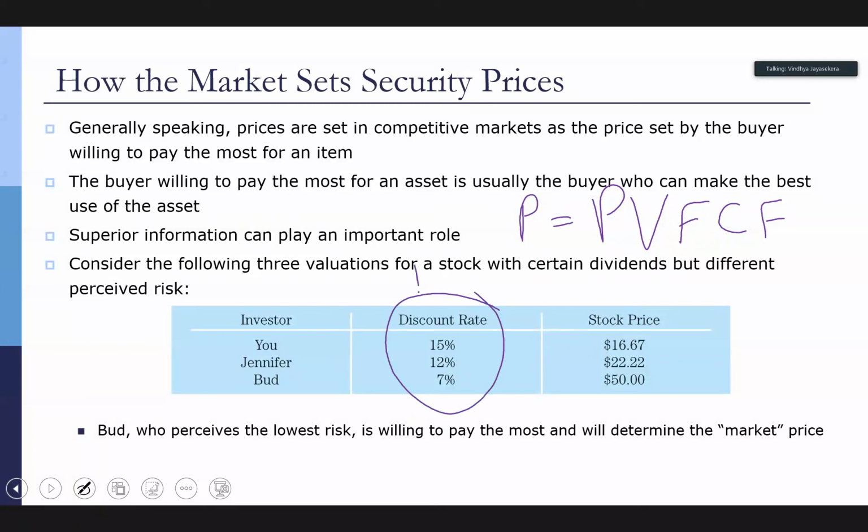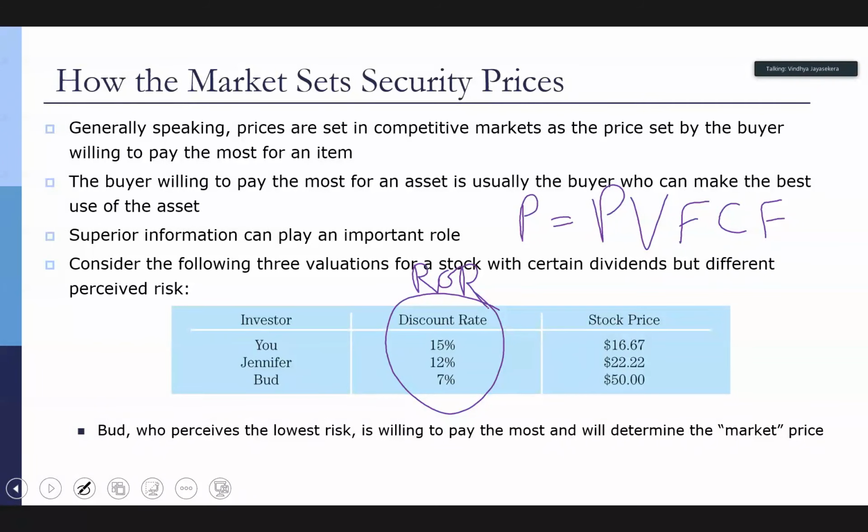It depends on my required rate of return, which technically, in theory, should be the same across the board, but it is not, right? Different people have different resistances to investing in the market, different assumptions about the market, sometimes not enough information about certain things happening, and therefore they underestimate risk, right? So, because of the way that they look at risk and they estimate risk, the discount rate that I use